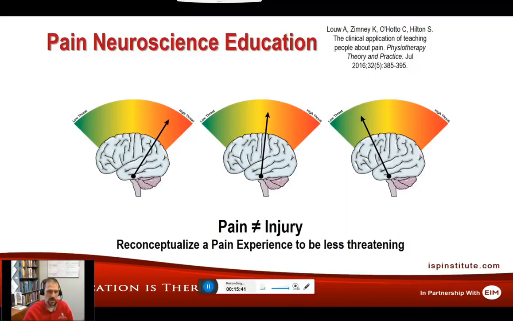So we've started to evolve and grow what we now call a pain neuroscience educational approach, where we try to reconceptualize the pain experience to become less threatening to the individual. If we can get them to recognize that pain and injury are two separate things, that is very important. While they can have pain, it doesn't necessarily mean that they have injury going on. When we can do a good, sound evaluation and help them understand that they have no significant injury going on, that it's more of a pain problem, how we treat that is entirely different than if it's an injury type problem. And if we can make that less threatening, we can reduce that pain experience and get them back functioning and doing more and more.